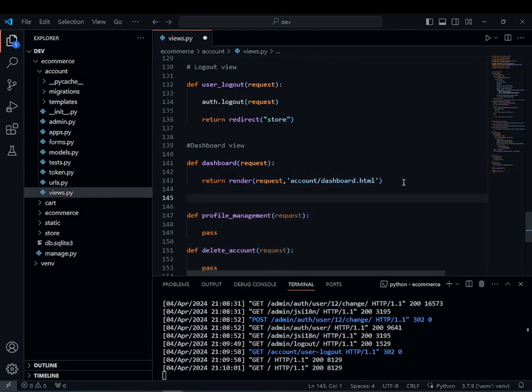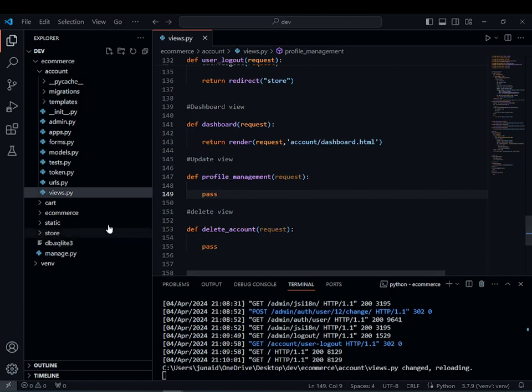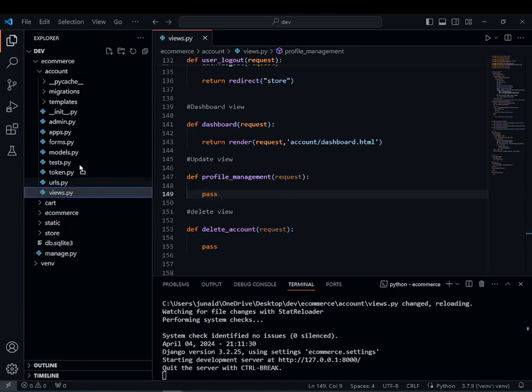Just comment there that the first is the update view, and under that it's the delete view. So just save it and now open your URLs,